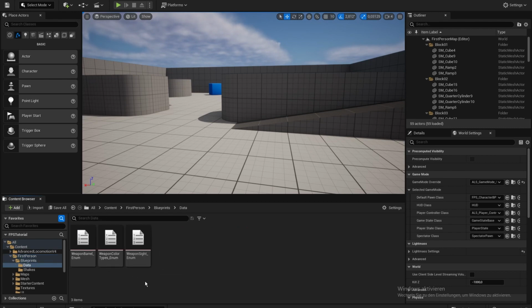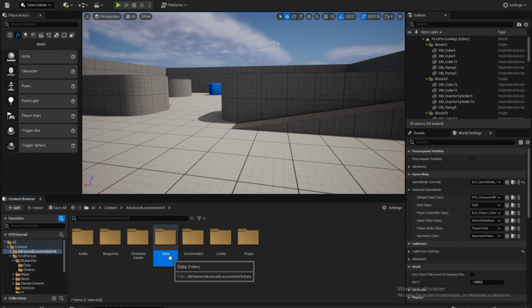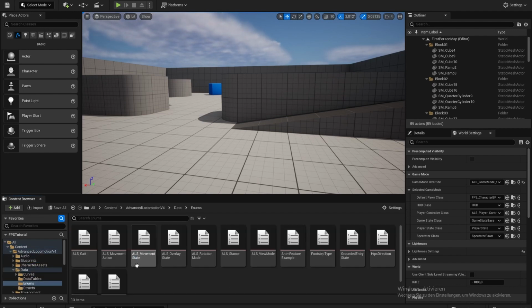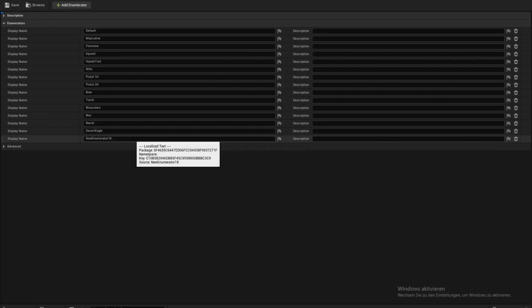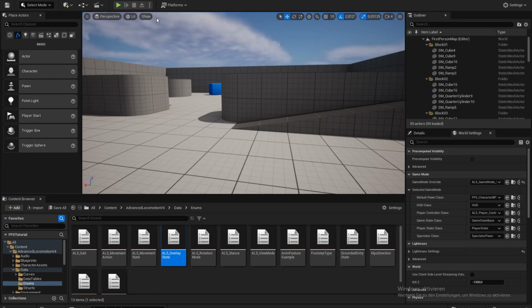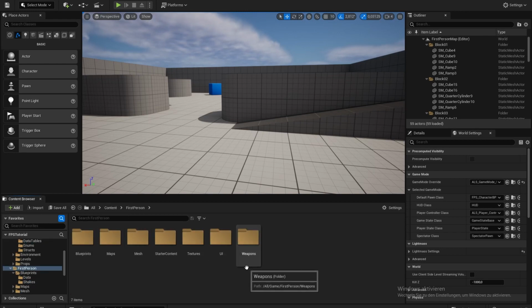Blueprints, data. Oh no, not there. Advanced locomotion data. Enums and, where is it? Overlay state. So let's add an enumerator and call it SV98M. Save. And let's go and import